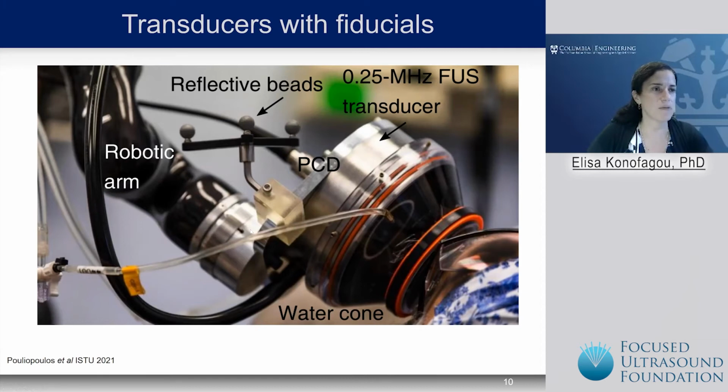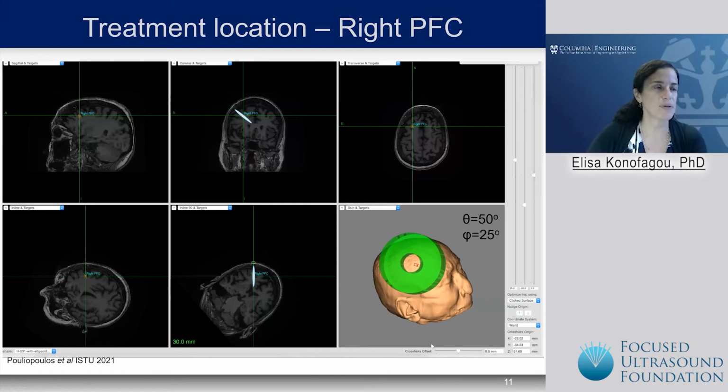The robotic arm close-up here: the reflected beads are the fiducial markers that the infrared camera can register. And then the hole here, as you can see, is for the PCD or imaging array that can gather the cavitation signals. There's a water cone that can also be inflated, and we circulate water to make sure that it also gets cooled during the treatment. The treatment location in this case is the prefrontal cortex, and you can see that we